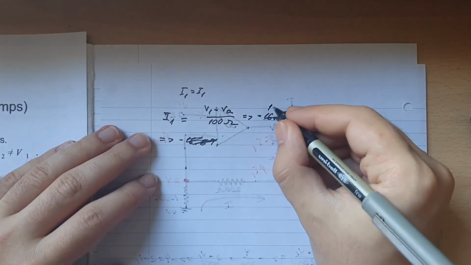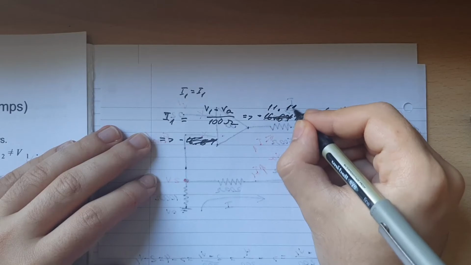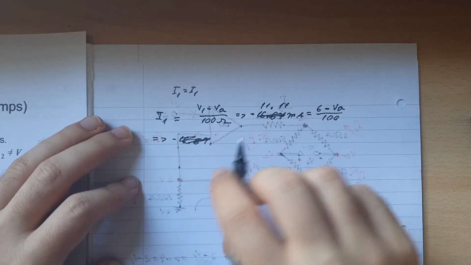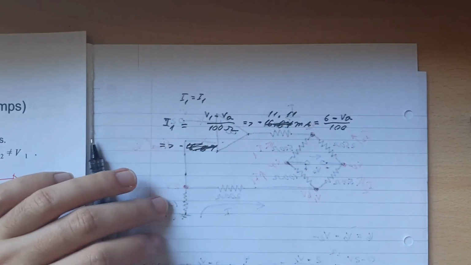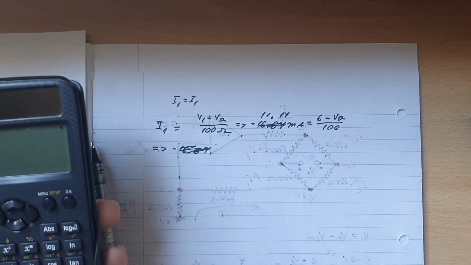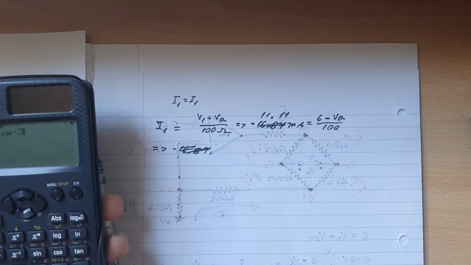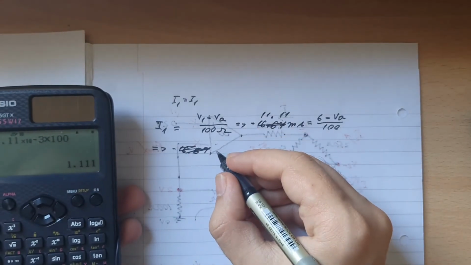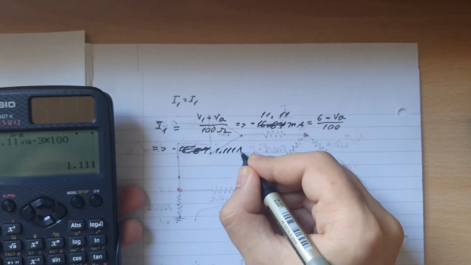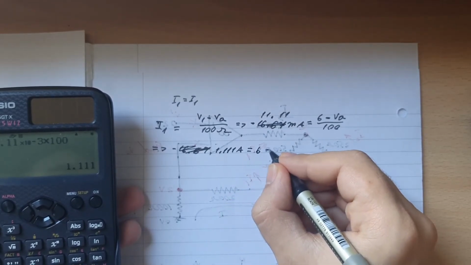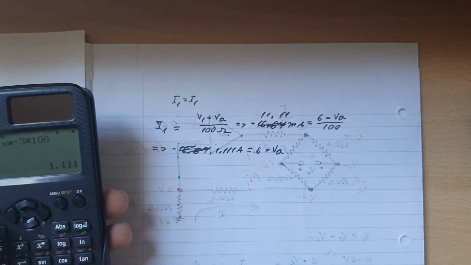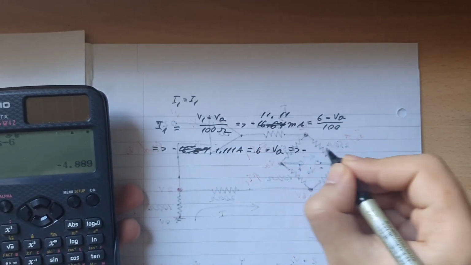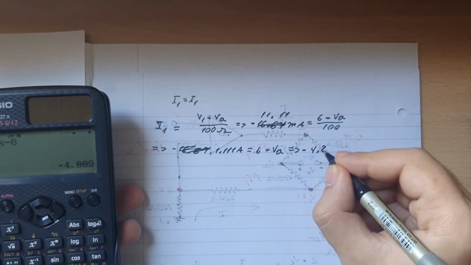Because I said like last time, I got 13 milliamps on my notes, so minus 11.11 milliamps. Okay, therefore we need to do 11.11 milliamps times 100, so 11.11 times 10 to the minus 3 times 100 will be equal to 1.111. Okay, so 1.111 amps is equal to 6 minus VA. So we do the answer minus 6, that gives us therefore minus 4.889